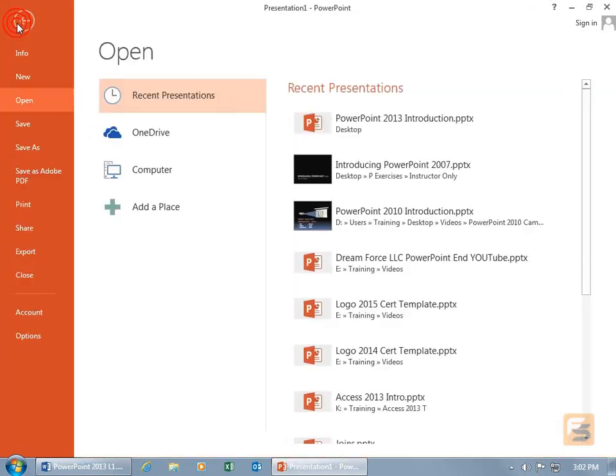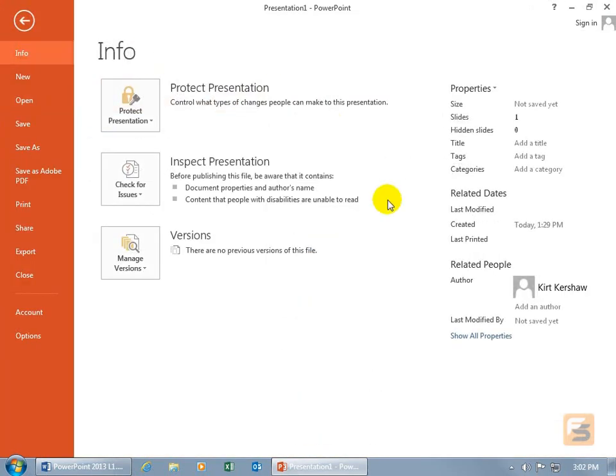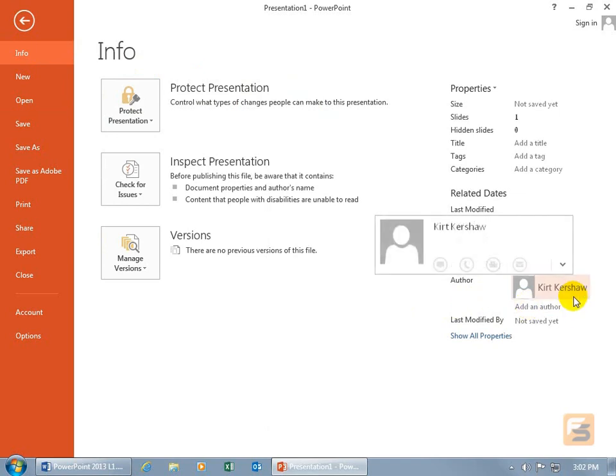Let's go backstage, File to Info. And notice over here, the author is, hey, it's me. How did it know it was me? Man, Microsoft is really doing their homework. And you may notice on your computer, it may be like the name of your computer,